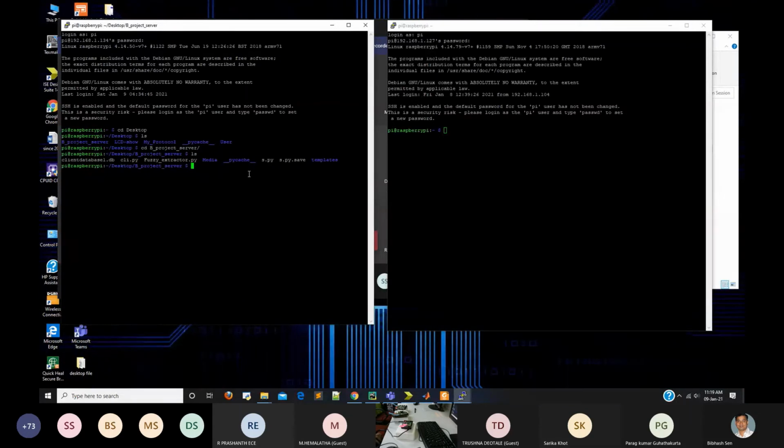We have previously done it, so I will have to remove the database from the server, and then I will install it. I will show you from the beginning. So let me remove the database. I have removed the previous database, so now it is completely blank. So I will create the database instance and then I will add it.